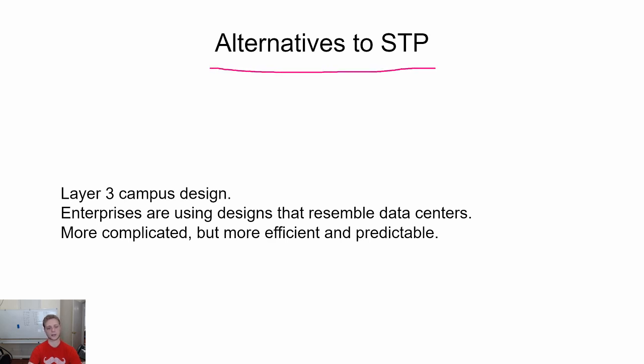So some alternatives to spanning tree. If you really, really hate spanning tree and you want to do something different, of course, you can implement a layer 3 campus design. The downside there is a layer 3 campus design is much more complicated, and I find that people who have a limited understanding of networking really struggle with layer 3 design. So if you have any entry-level IT people, or entry-level networking people even, you could have issues with them understanding how that networking works. I know that at my current employer, I have issues with explaining how our networking works to other IT people in more